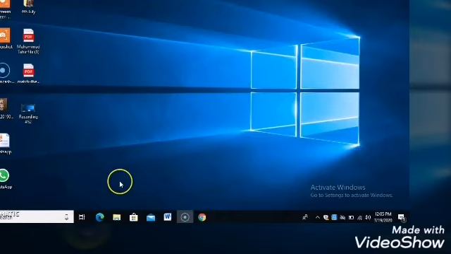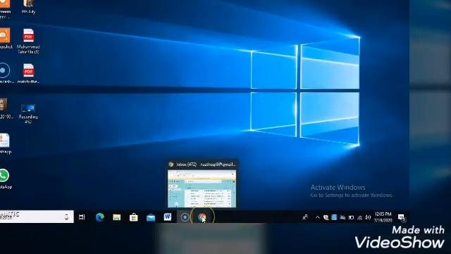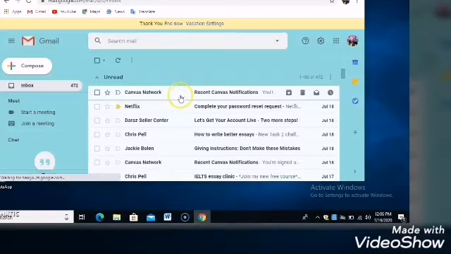So today's session is about Google Meet, how we can use Google Meet on our laptop or computer. First of all, we are going to open our Gmail account. After opening the Gmail account, you can see on the left side there are many more options. You can see the inbox, sent items or drafts, but in the second bar you can see this is a Meet bar.